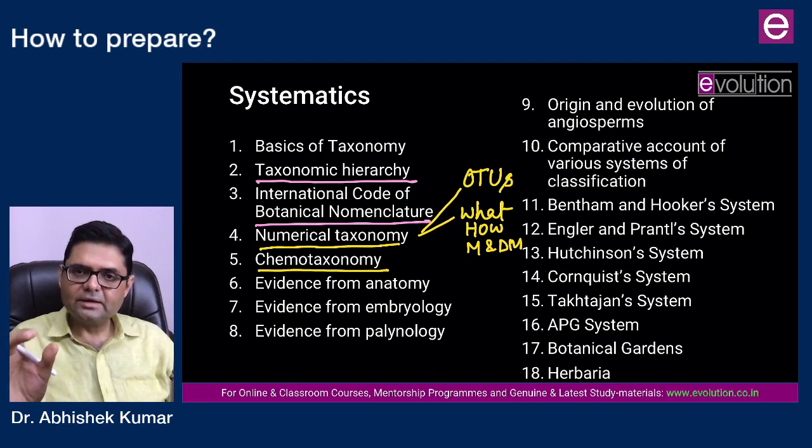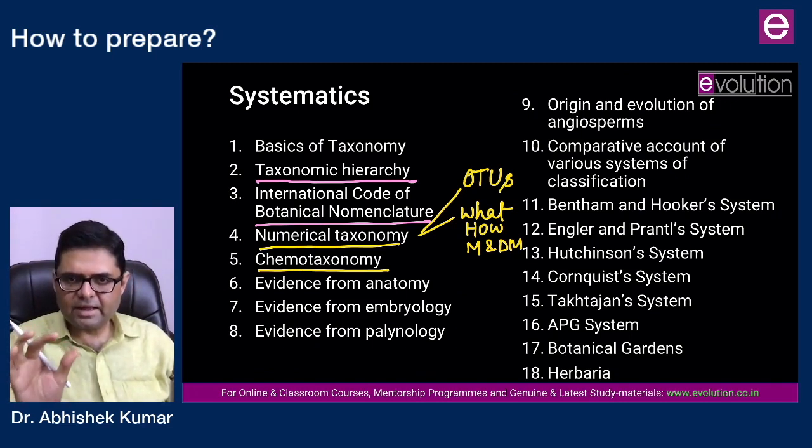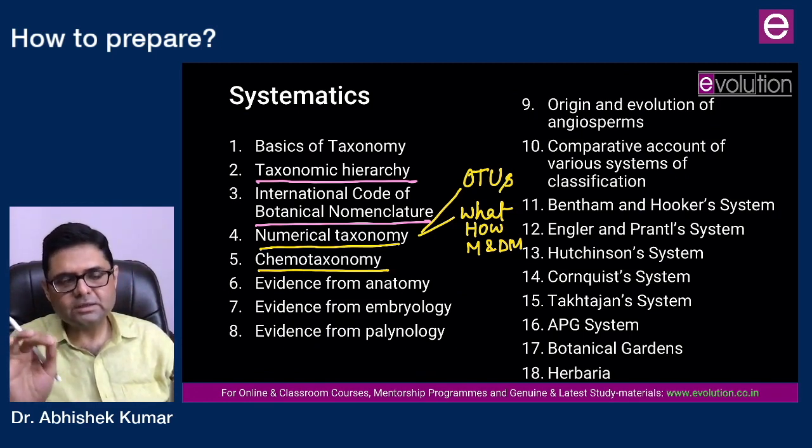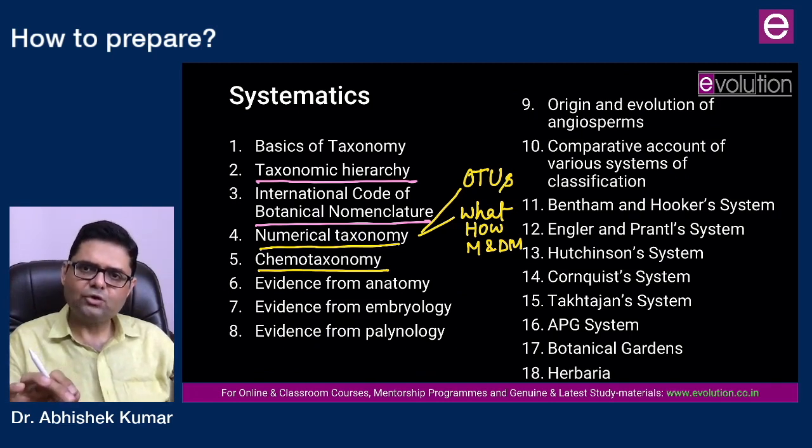But none of these will be complete without giving the proper example. So the category of taxonomic evidence, number one, and number two, you will have to give the proper description with the example. Same goes for embryology, that what was done in case of Trapa, what was done in case of Monotropa, what was done in case of many other taxa. Similarly, what are the palynological data which are of taxonomic significance? What is Eurypalynous family?